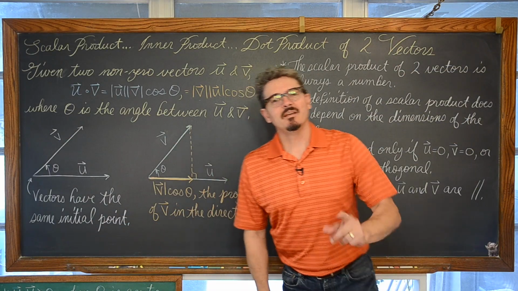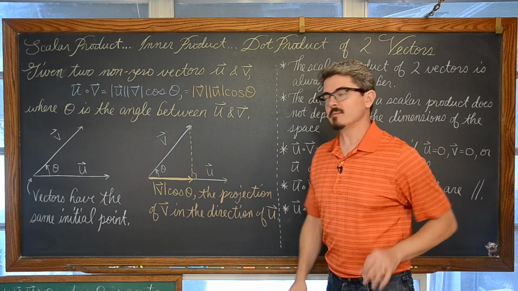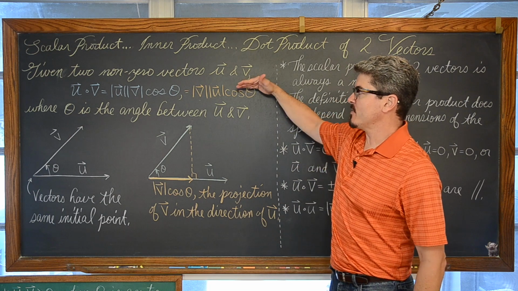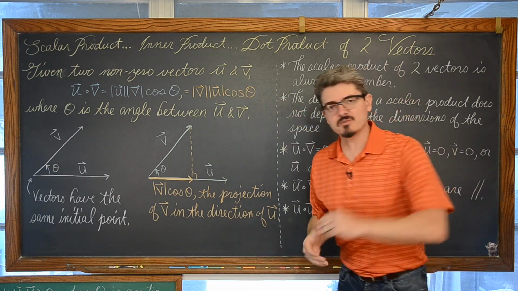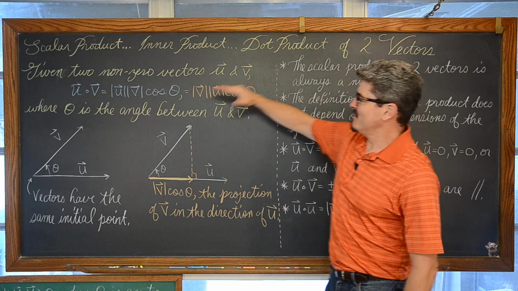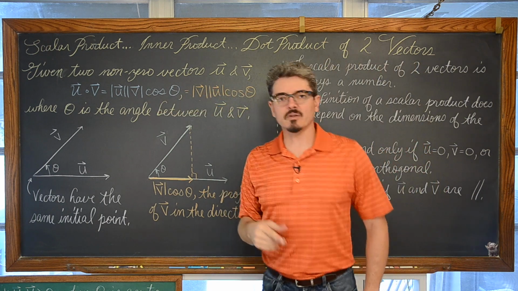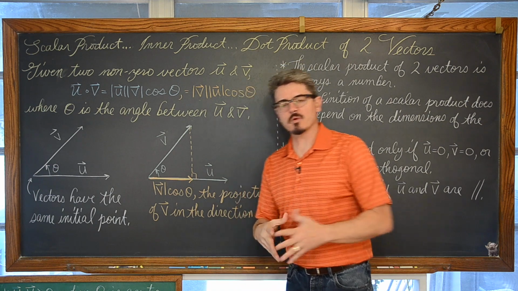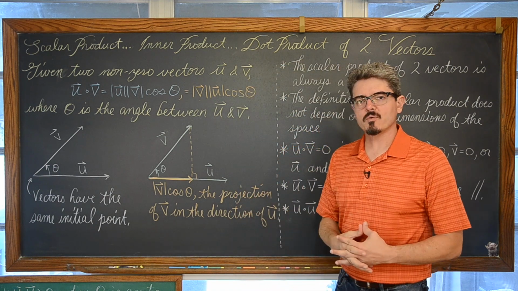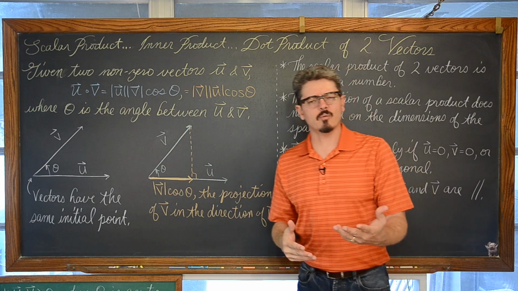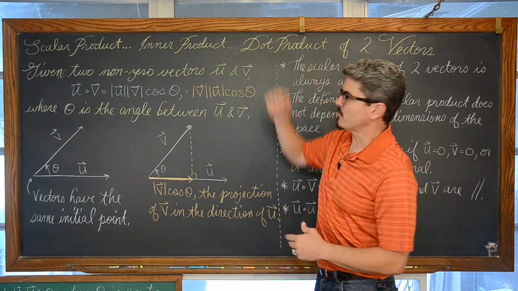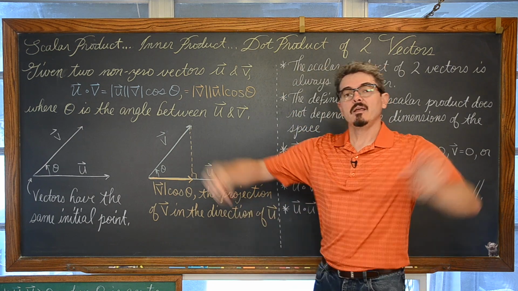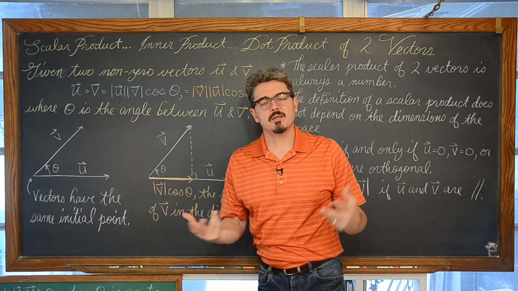Mr. Tarou, in this math lesson we're going to do 3 examples that involve the dot product, scalar product, or inner product, whatever your textbook is calling it. This geometric definition, after we look at some properties of scalar product, we're going to save the discussion for the more algebraic form of the dot product for our next lesson. In the description of this video you'll find timestamps to the 3 examples.